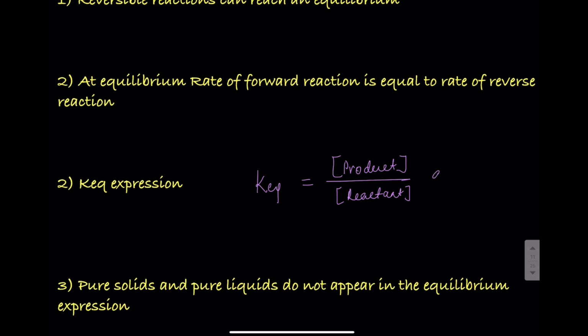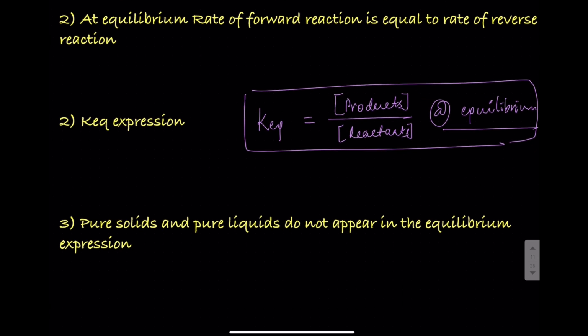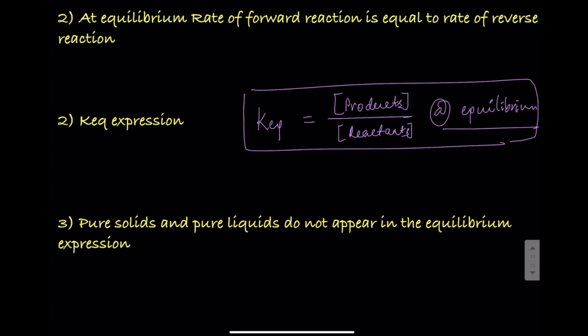Mind you, this has to be measured at equilibrium only, not in the initial, not much later or when you have added something. You have to let the system get into equilibrium and then measure the concentration of the products and then measure the concentration of the reactants and then take the ratio of that in order to obtain the